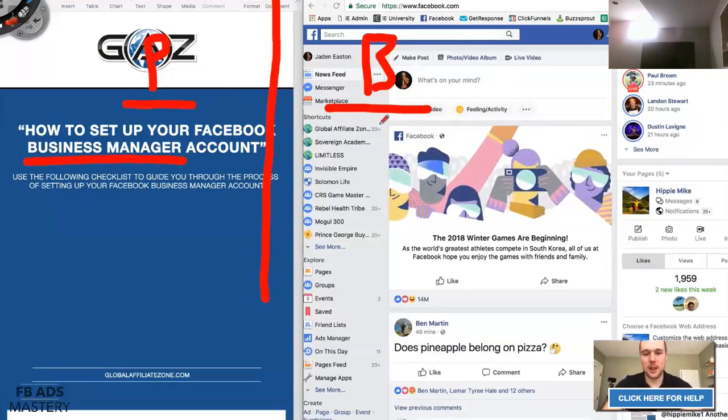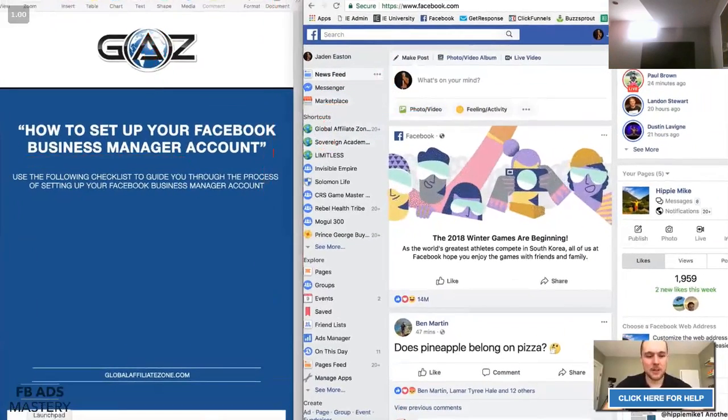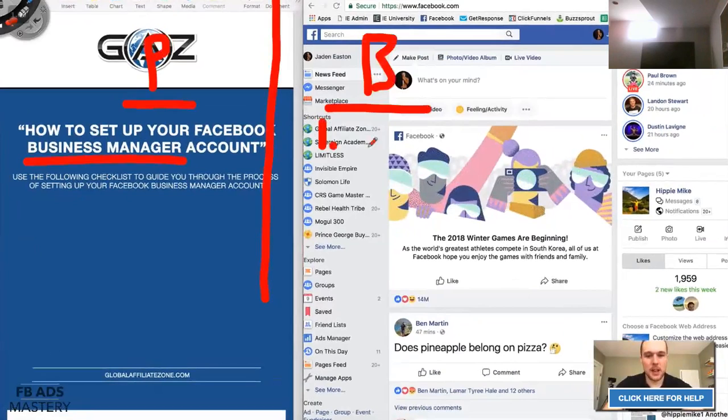So we're going to be setting up a business manager account. The reason being is because when we set up a business manager account, we're able to do a few cool things. Number one, we're going to be able to create multiple ad accounts. Now, the reason why that's important is because obviously if you only have one ad account and let's say it gets shut down, which as I explained in the previous level is more than likely going to happen eventually, because it's just like getting a flat tire in a car, you'll be able to transition to another ad account if you do it properly.